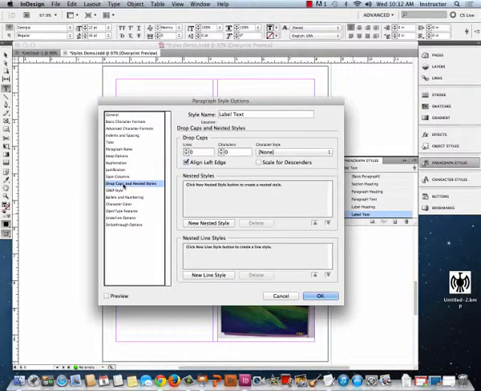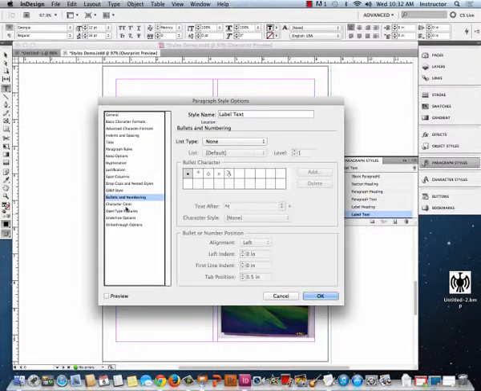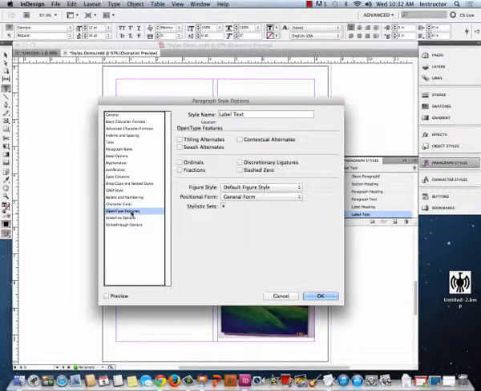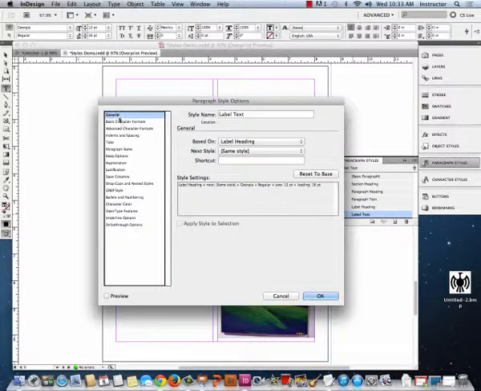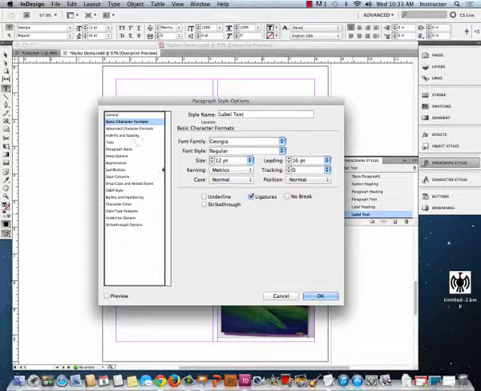Justification, whether it spans columns or not. I tend myself not to mess with all of these ahead of time. I kind of define it by working on one of the labels. So you can experiment with it and decide how you would like that to look. I'm just showing you how to edit your paragraph styles. So say for example with tracking, if I brought it up to 5 and I look at what it does,